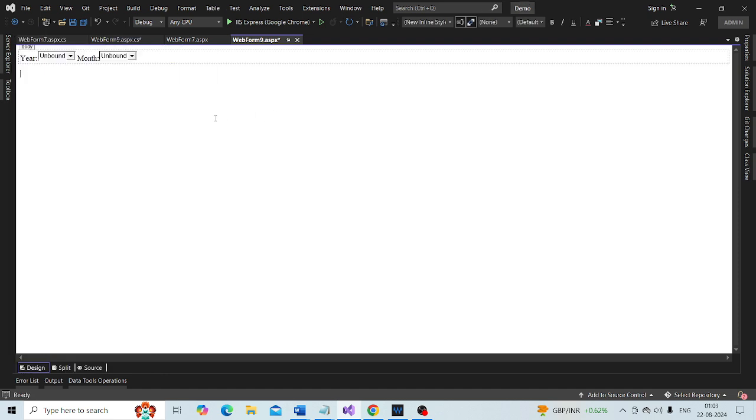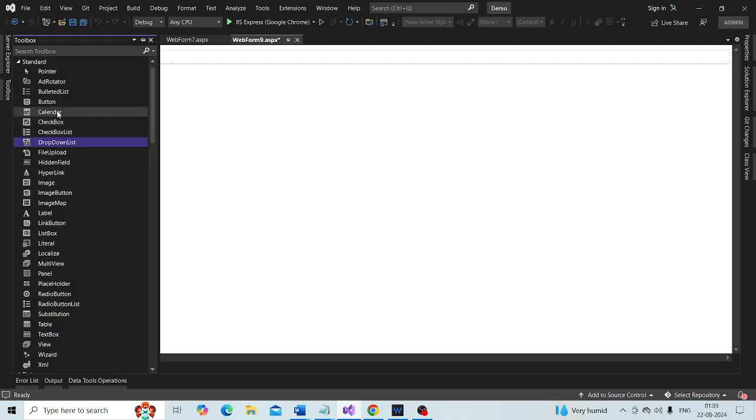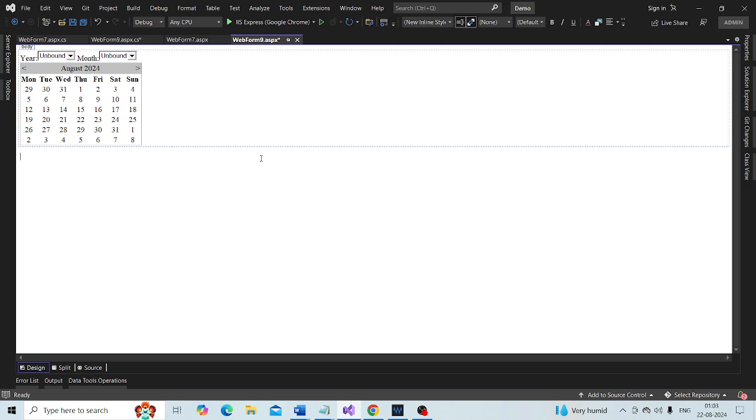And the next thing, we want the calendar control itself. So let's drag and drop the calendar control. Here it is. We have our calendar control, and then finally a button control. Where is the button control?